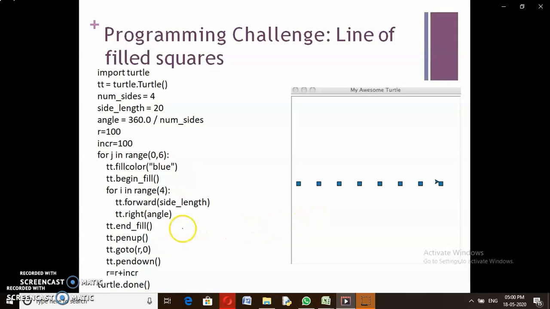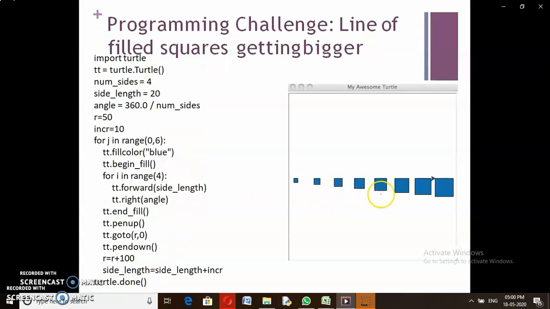And this is the program to draw a line of filled shapes. Here I'm repeating a loop for 6 times. Side length is 20, number of sides is 4 because it is squares. Row wise I want to move 100 and the increment is 100. Begin fill and end fill, draw the shape, pen up and pen down and go to R comma 0. The side length is 20 and I'm giving a row movement of 100, so that the in between space is 80. Okay, next this is the line of